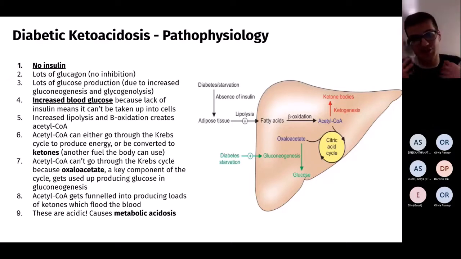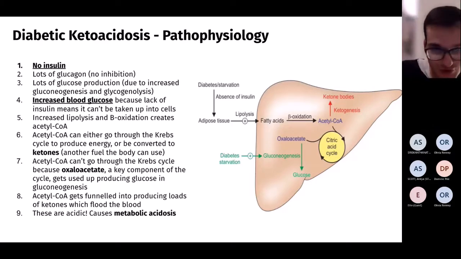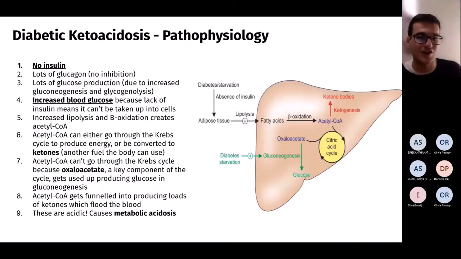So in a diabetic ketoacidosis, you get high blood glucose because there's loads being produced, and also the glucose that is put into your blood can't get into your cells because you need insulin to get your glucose into your cells. So you've got high blood glucose. Also, glucagon promotes those breakdown processes, like the breakdown of fats, which ultimately creates, via lipolysis and beta oxidation,